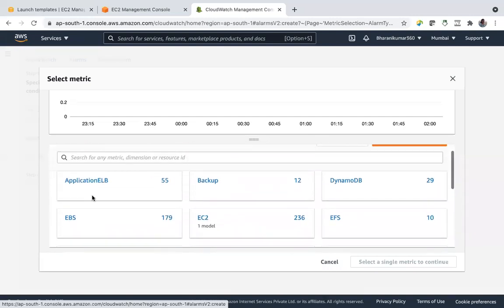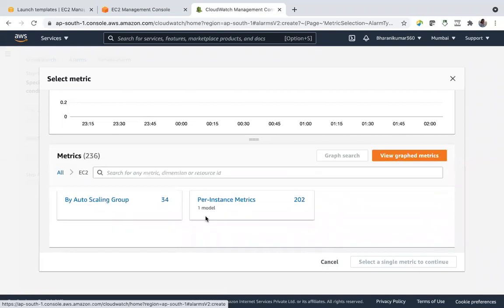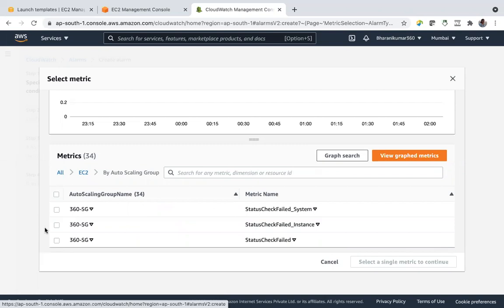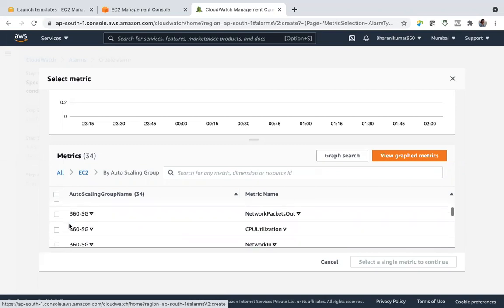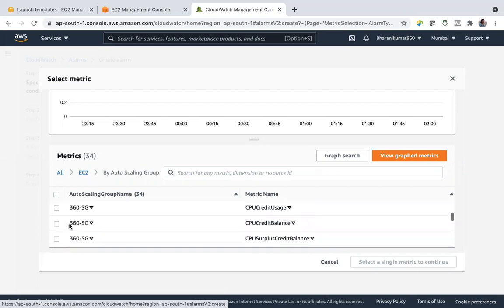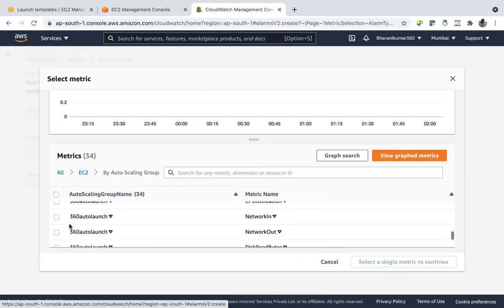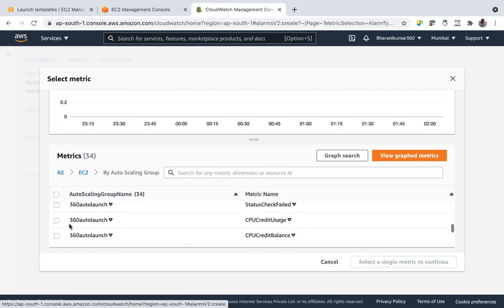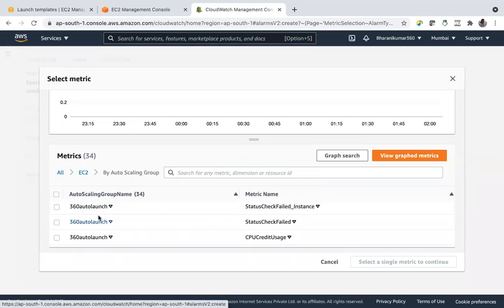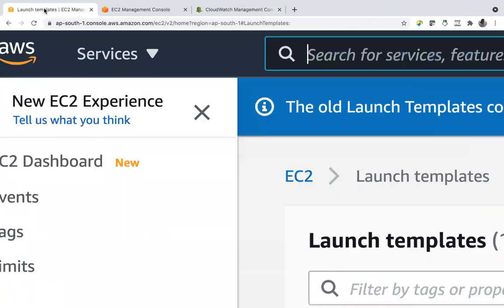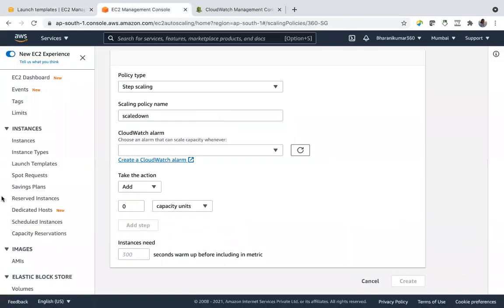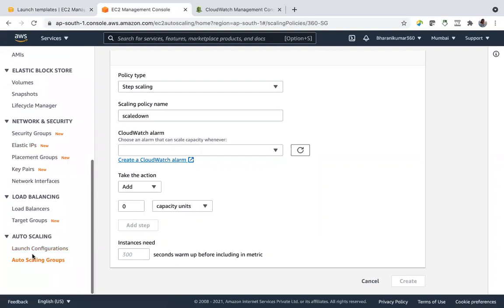Here we don't have auto scaling. Yeah, first we have to go to EC2, and then by auto scaling group, you can also go for per instance metrics too. Then auto scaling. So it's showing 2 scaling groups, but we have only one auto scaling, right?